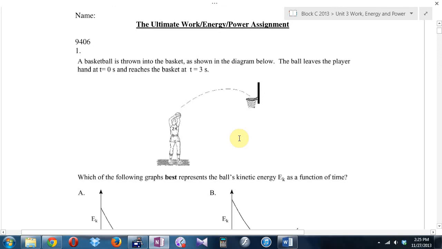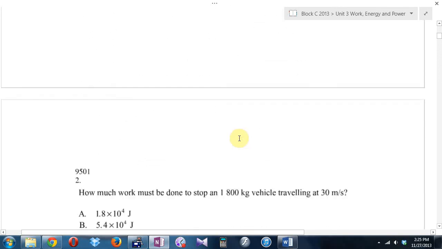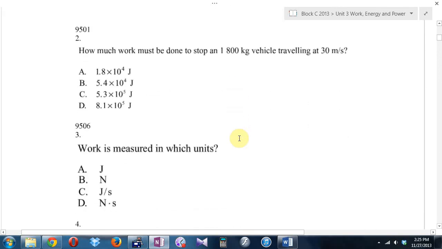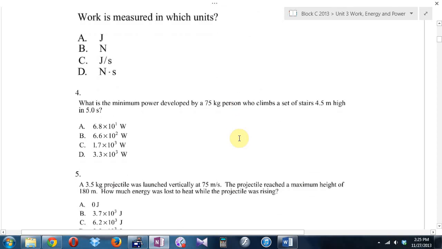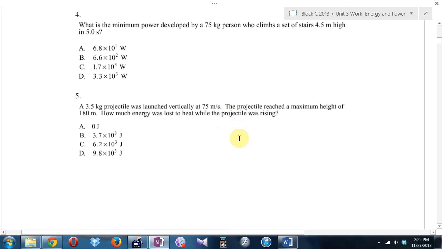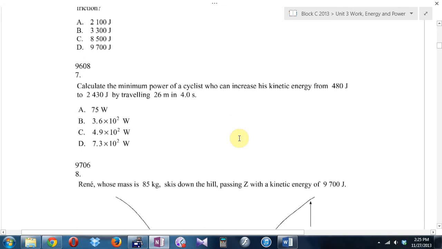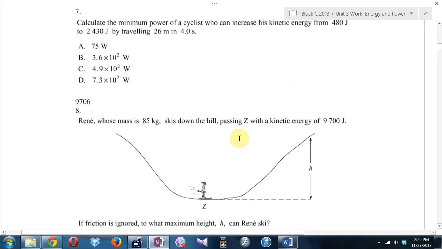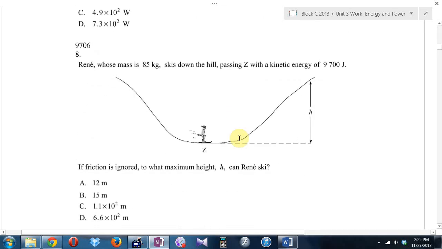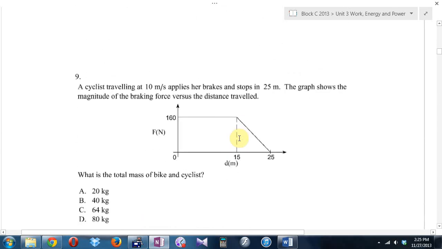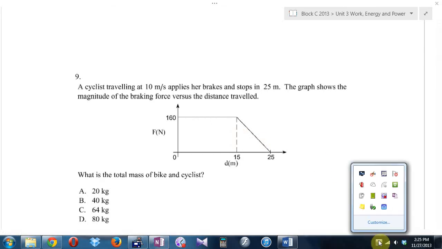In other words, you should be able to do number 1, number 2 and number 3. Number 4 is talking about power. Can't do that yet, unless you remember how to from last year. Number 5, you should be able to do. 6, you should be able to do. 7, calculate the minimum power. Nope. 8, should be able to do. Okay, so there you go. You can work on the homework, but